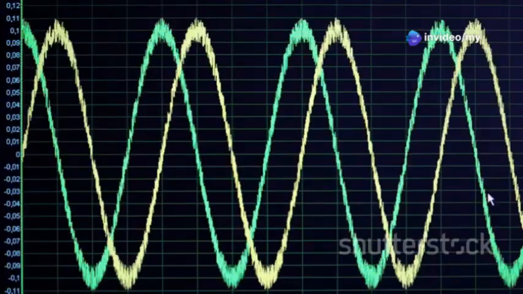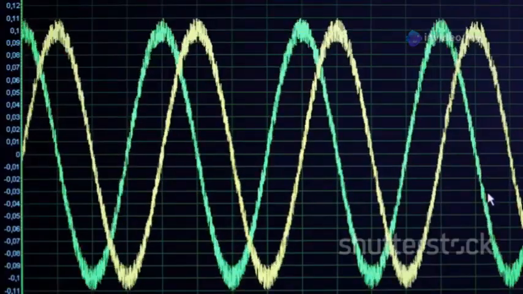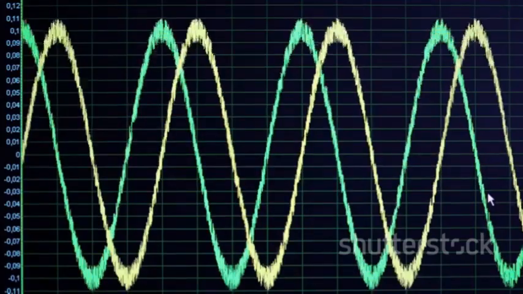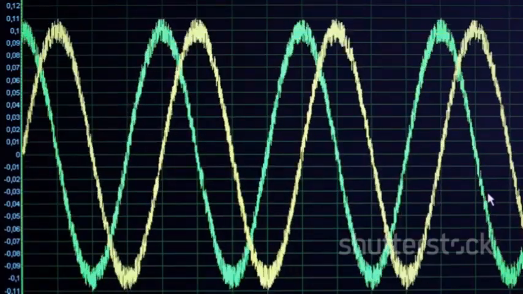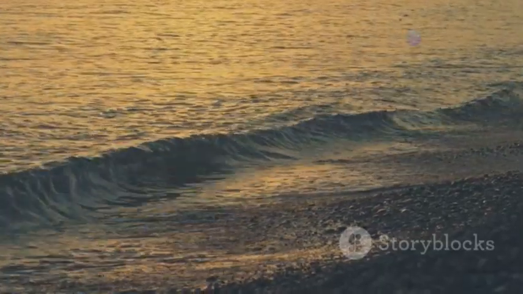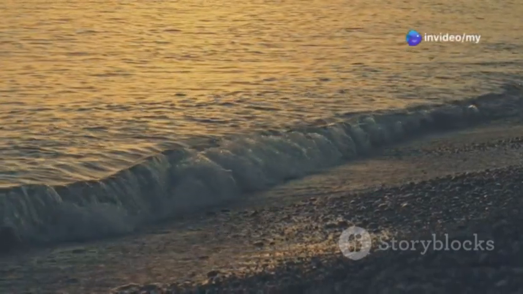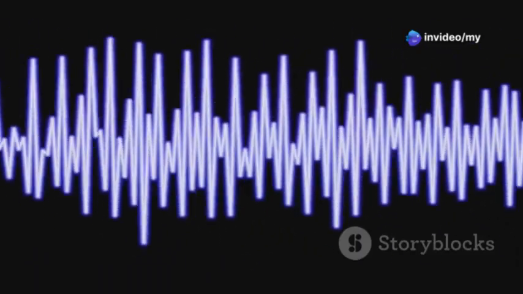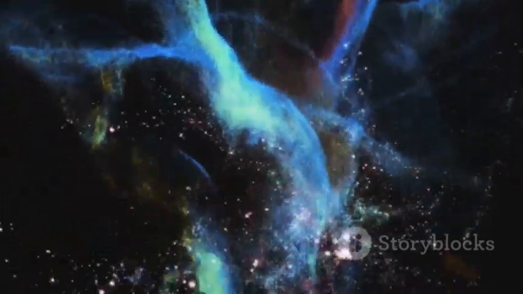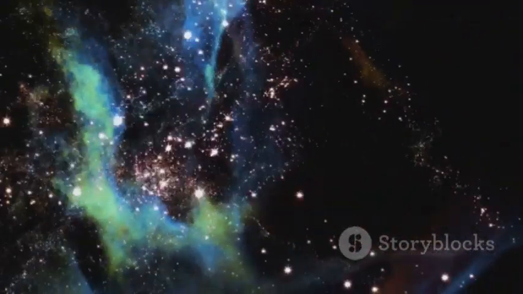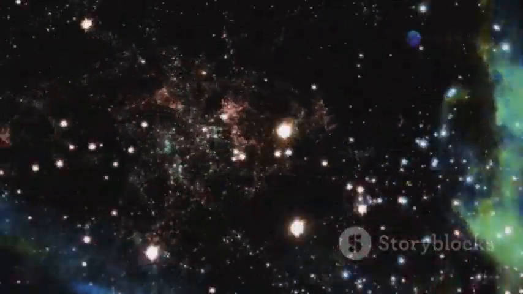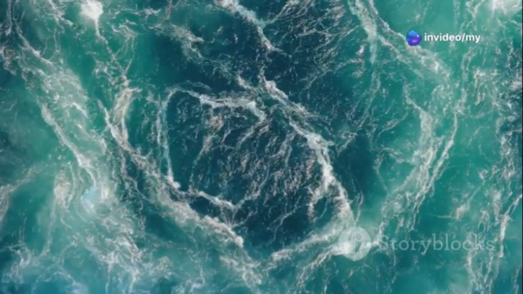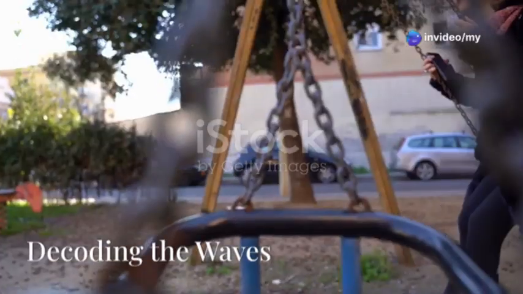To understand this cosmic dance, we need to understand three fundamental concepts: amplitude, frequency, and time period. These terms might sound complicated, but they represent simple ideas that we experience every day. They are the keys to unlocking the secrets of sound, light, and even the very fabric of space-time. By grasping these concepts, we gain a deeper appreciation for the elegance and complexity of the universe. So let's dive in and explore the fascinating world of waves.